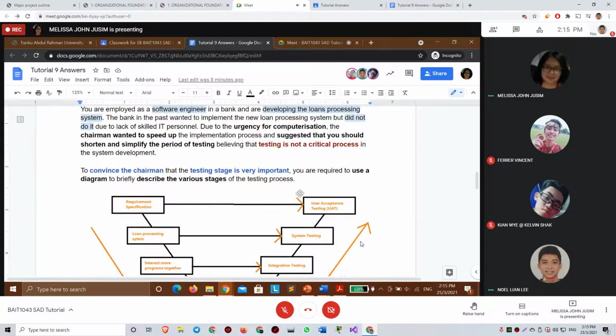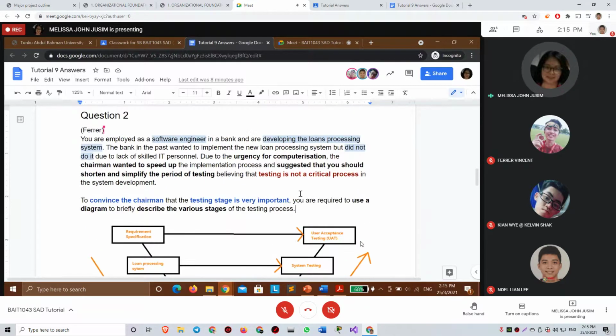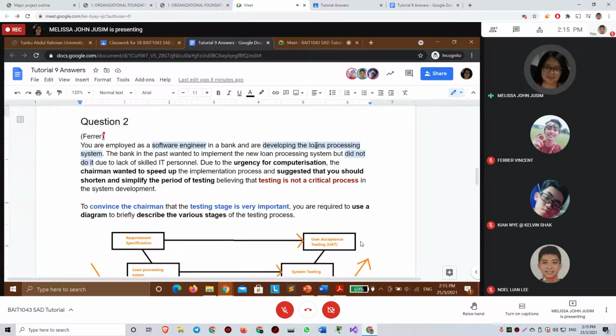The program must be tested before use officially. Yes, before we let the staff in the loan department use it,